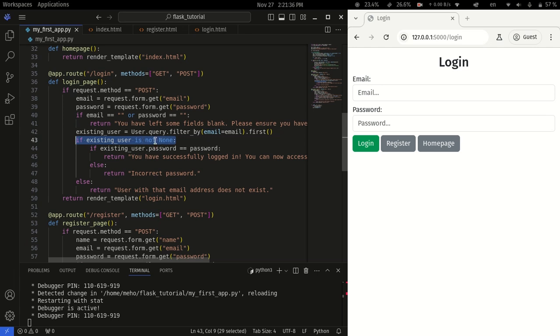If it was none, if we said is none, we would know it doesn't exist. But if it is not none, it does exist. We continue. Does the user's password equal the password? Yes. Okay. Then you successfully logged in. Otherwise, incorrect password. And now, in this other else condition that's tied to this if existing user is not none,